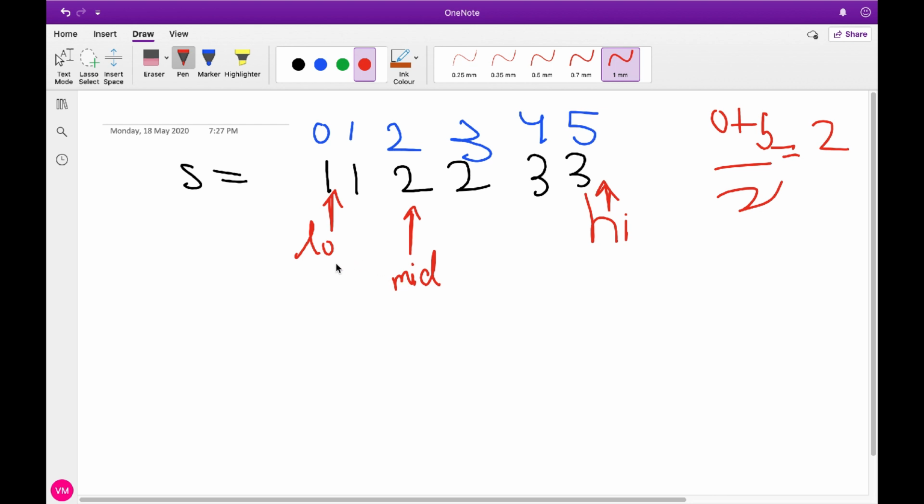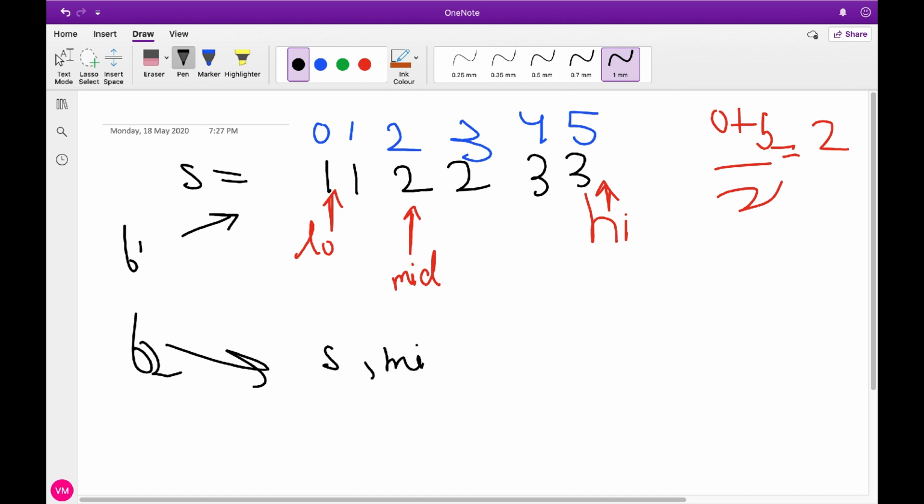So what I will do is I will now use a sliding window approach. So this is my function 1, and in function 2 I will pass this same string and the mid. This mid will act like a window length.